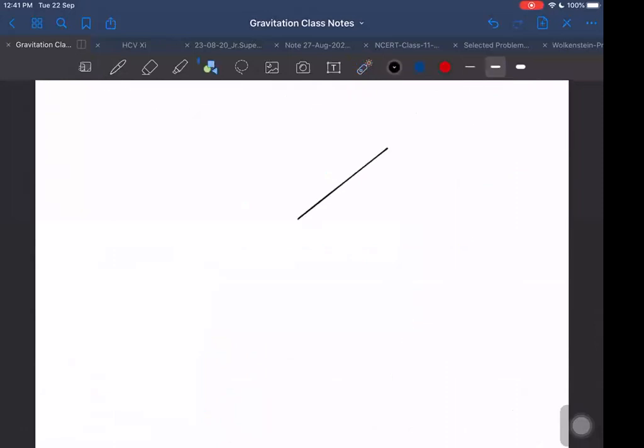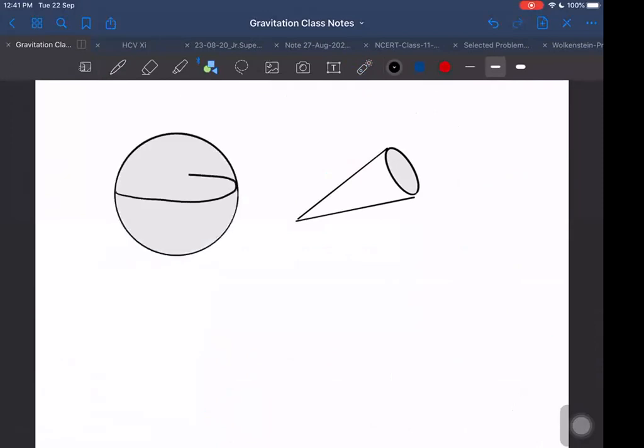I thought we can take this case also. We can take one cone, and not a cone, in fact. Okay, wait a second. Let me take another thing. Let us take a solid hemisphere, a complete solid sphere, and then cut it by a cone. If you cut it with the help of a cone, then you will be getting some shape here.